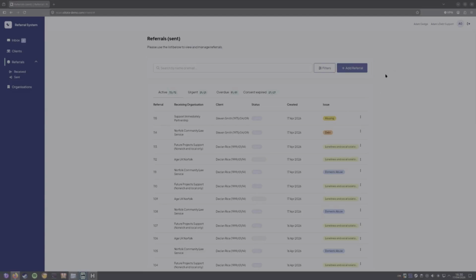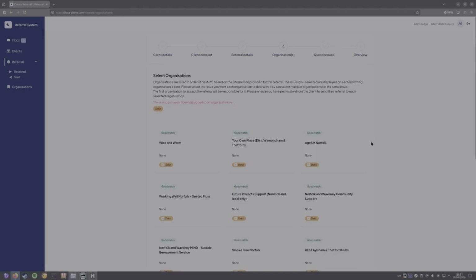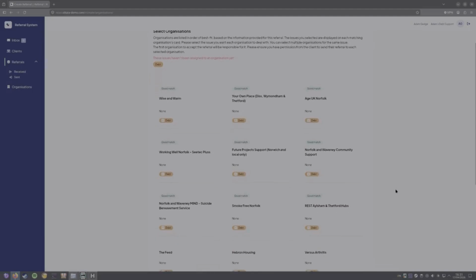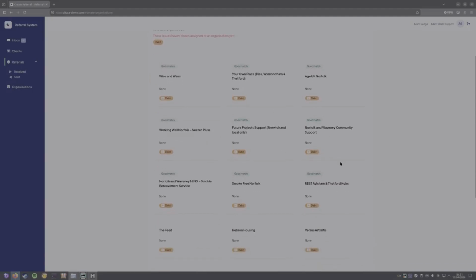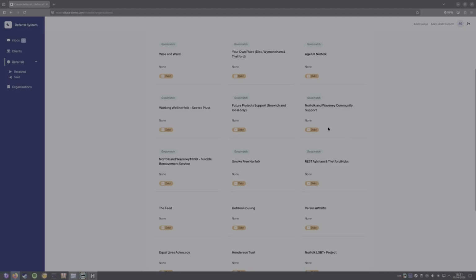If for whatever reason someone declines your referral and you want to send a new version of it, let's say the debt version, you would just simply click on these 3 dots here and hit clone referral, which will create an exact copy of this referral, allowing you to send it off to someone else. So let's choose, just as an example, Norfolk and Waveney Community Support. Click that,